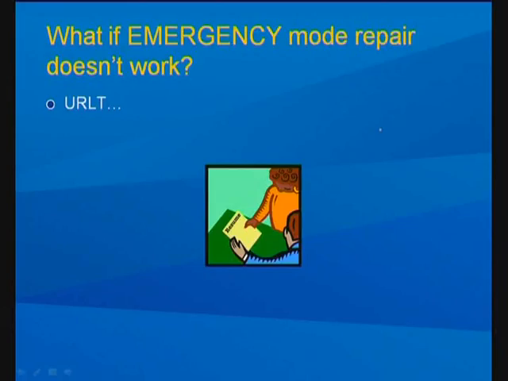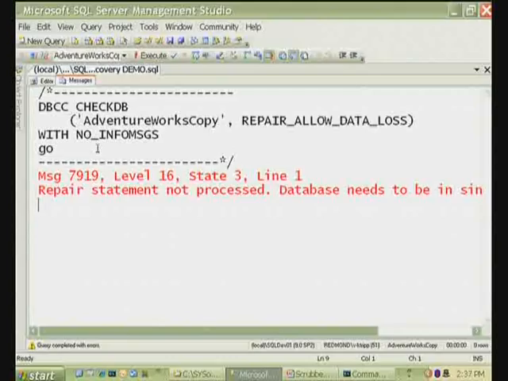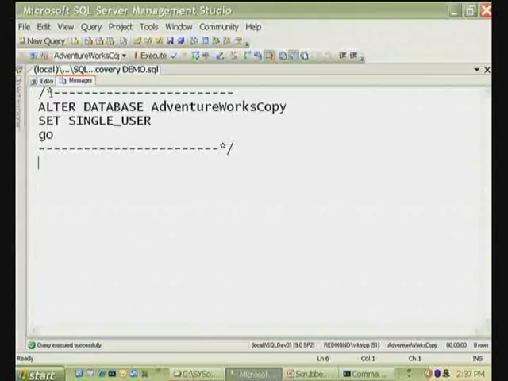This is not something that you want to do, but again, you're in an emergency mode situation, so you think, okay, I'll use this checkdb repair allow data loss, and even this won't work directly because you're already in emergency mode, and they know you're in emergency mode, and they're kind of wanting you to take it one step further and say, no, I know that I'm in emergency mode. I really want to repair and allow data loss to get that database back up and running. So by setting single user mode and then doing checkdb repair allow data loss, this is the magic combination